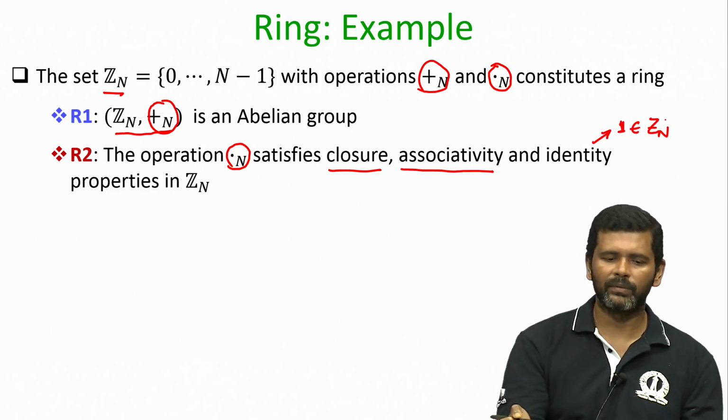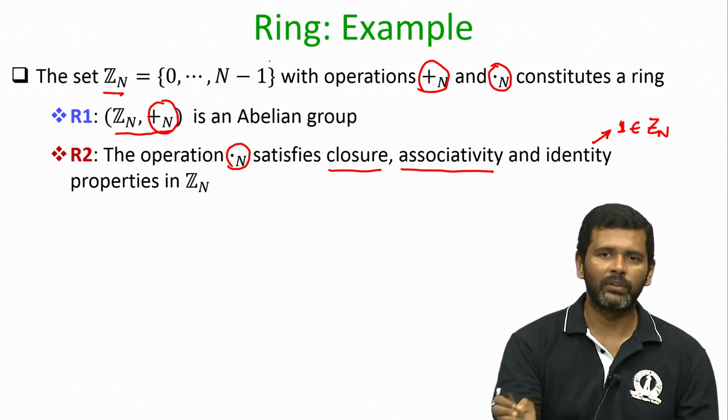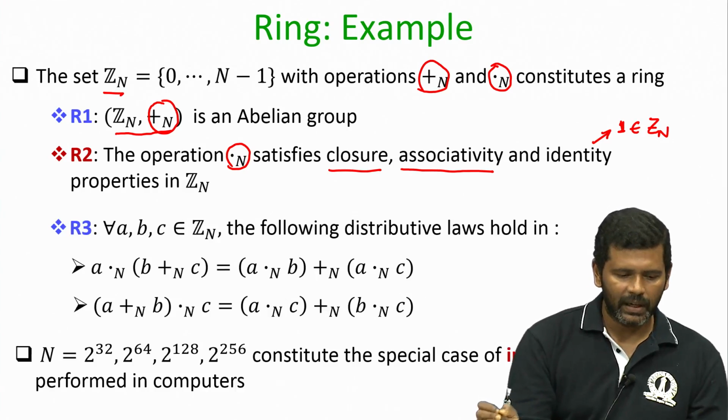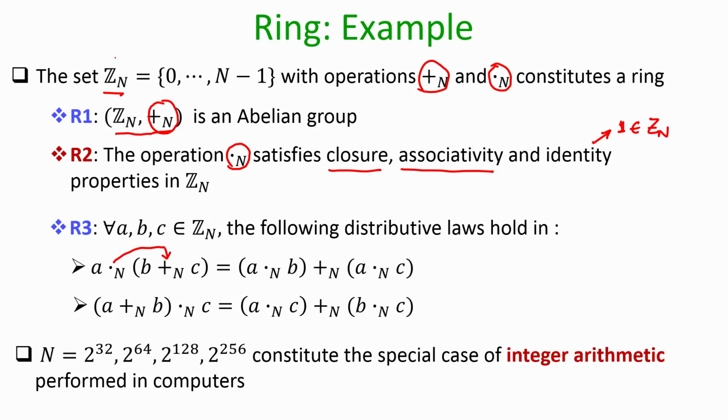If you multiply 1 with any element from the set Zn and then take modulo n, you will get back the same element. And it is easy to see that the distributive property is indeed satisfied. That means, you can distribute this multiplication modulo n over plus modulo n, both in the left sense as well as in the right sense. So, that is why all my ring axioms are satisfied, and this ring Zn with respect to the operation plus modulo n and multiplication modulo n